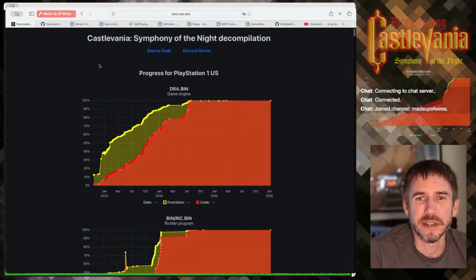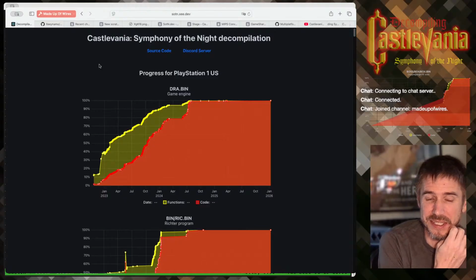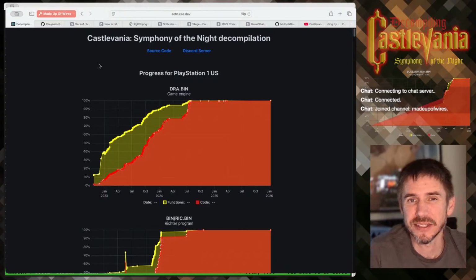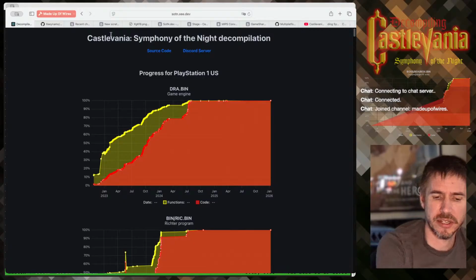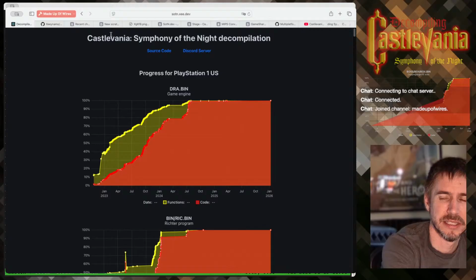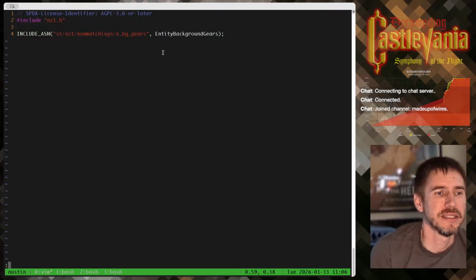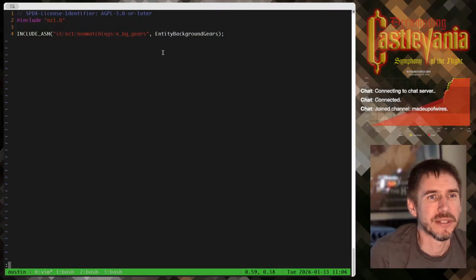I think we're going to get right into it. We've been working on the clock tower, one of the few remaining stages in the first castle. I think we're going to look at entity background gears today. I thought that had been done, but it looks like not. That's going to be in the E background gears, EG gears